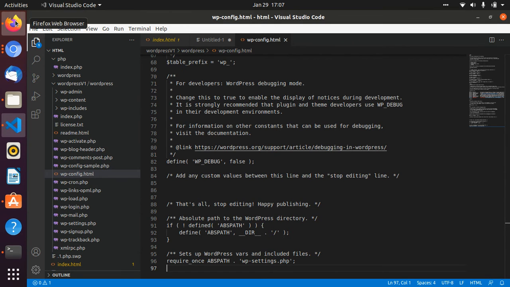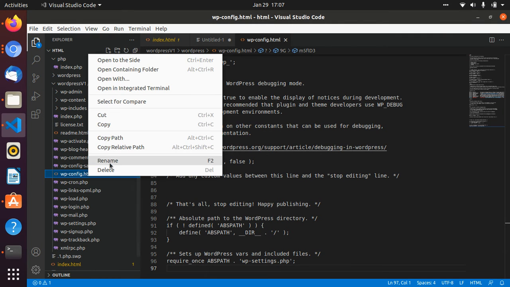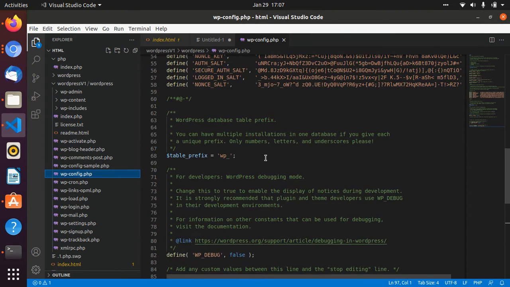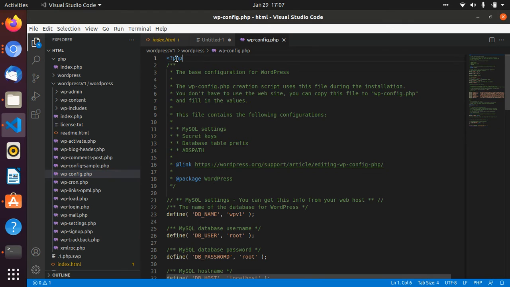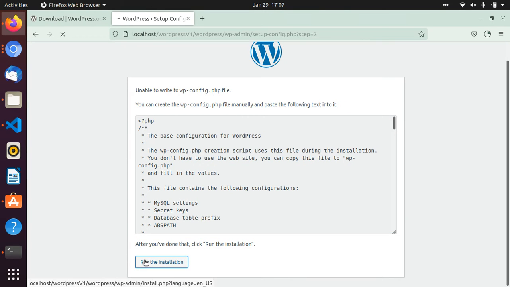So you can say wp-config.php. So it should be PHP. I'll rename it to PHP. This is a very awesome tool. So you can create anything from here. So you can say, okay, here the starting is the PHP. So once you have done this and saved it, I'm going back here and I'm clicking on run installation,